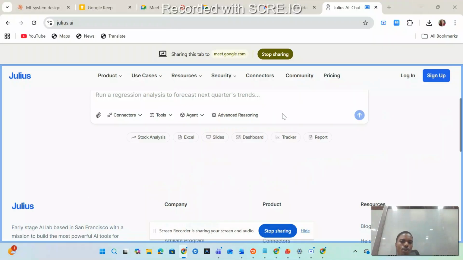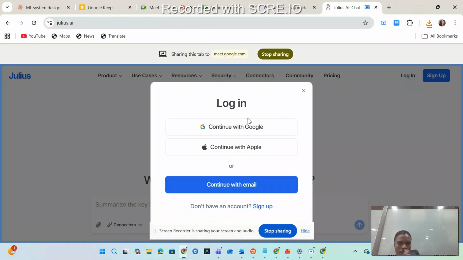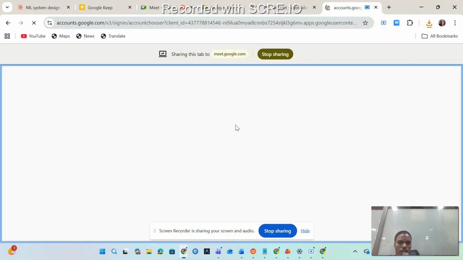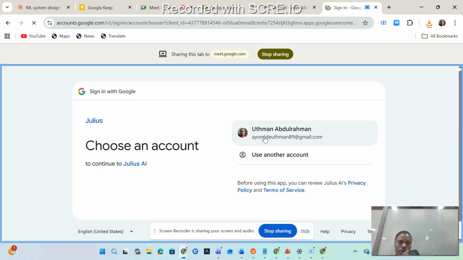So what do you want to do? So you want to log in. So you can sign in with Google. So after signing in with Google with your name,